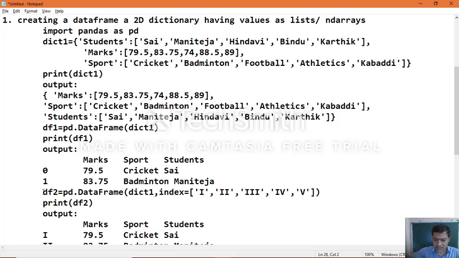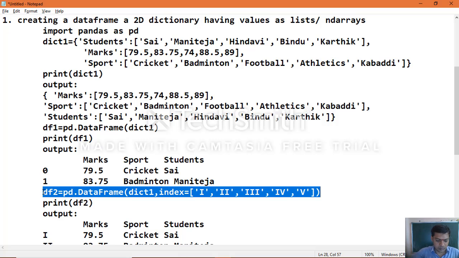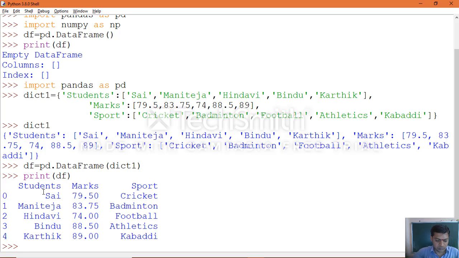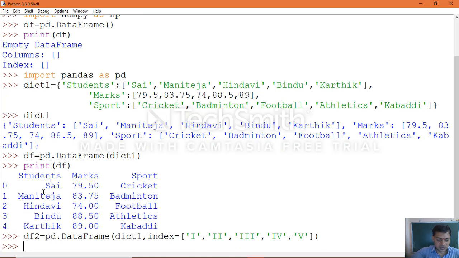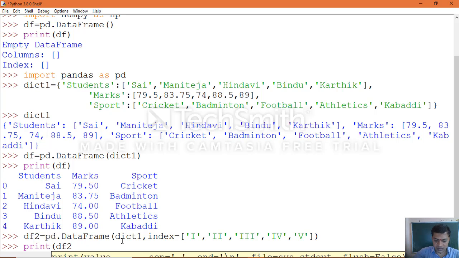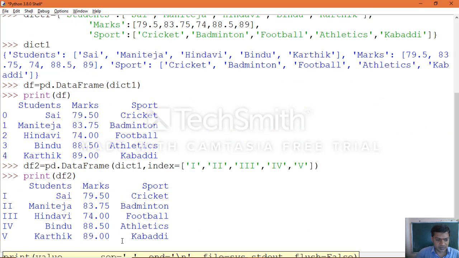Specifying own indexes. Okay, now print the object. So we pass the data frame of the dictionary which we created as a 2D data structure, with the index which we specified as its own index. Then print the data frame object which we created. Let's see.